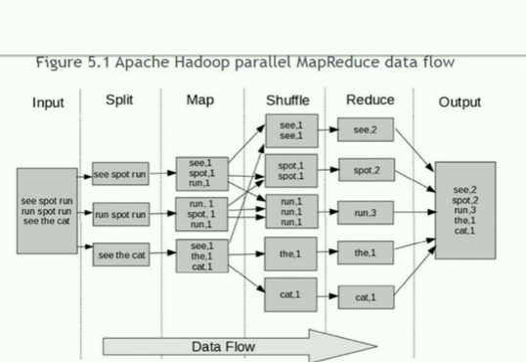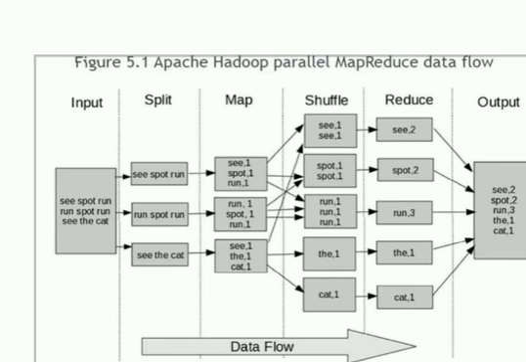So this combiner is also a part of the map stage, where your key value pairs are combined prior to the next stage. The key value here, like see, 1, spot, 1, run, 1: the key is the text, such as see, and the value is the 1 written there. Next is the shuffle step. Before the parallel reduction stage can complete, all similar keys must be combined and counted by the same reducer process.